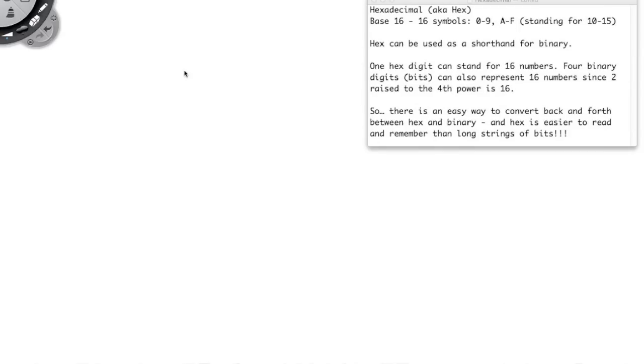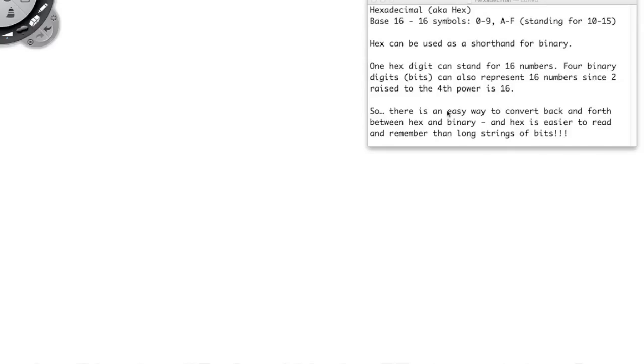This podcast is about hexadecimal. The assumption is that if you're watching this podcast, you already understand binary. The reason why we study hexadecimal is because hexadecimal can be used as a shortcut for, or a shorthand for, binary representations of numbers. One hex digit, as you see over here in the text to the right, can stand for